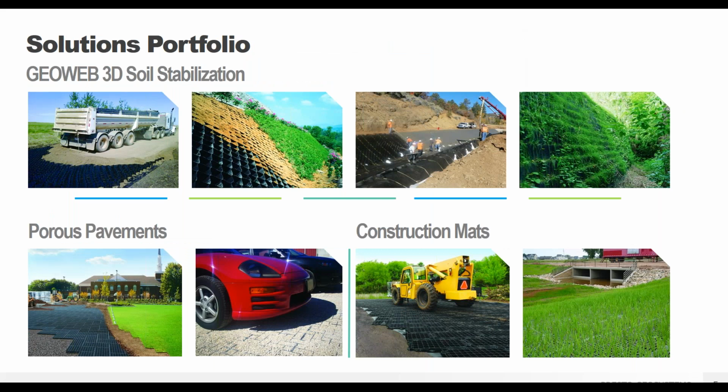So we do operate in three main product areas. The first is going to be soil stabilization using our GeoWeb GeoCells, which can be used for load support, slope and channel protection, and then also constructing green retaining walls. Then we also cover porous pavements. We have both a vegetated and a stone surface solution. And then we also offer lightweight and reusable construction mats. So that's a lot of stuff to cover, and today we're going to focus on using the GeoWeb GeoCells, and as I said, in particular, how they can apply to road projects for load support solutions.